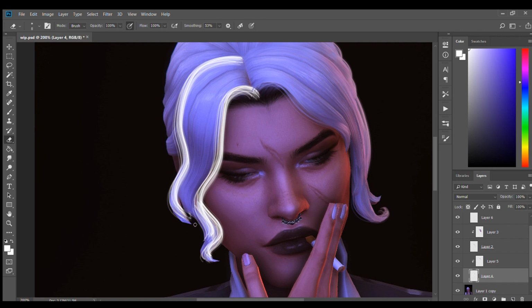And I erase the parts that shouldn't go with like a soft brush. Like it shouldn't go over like that. I want to maintain that little curl that sticks out. This hair is by